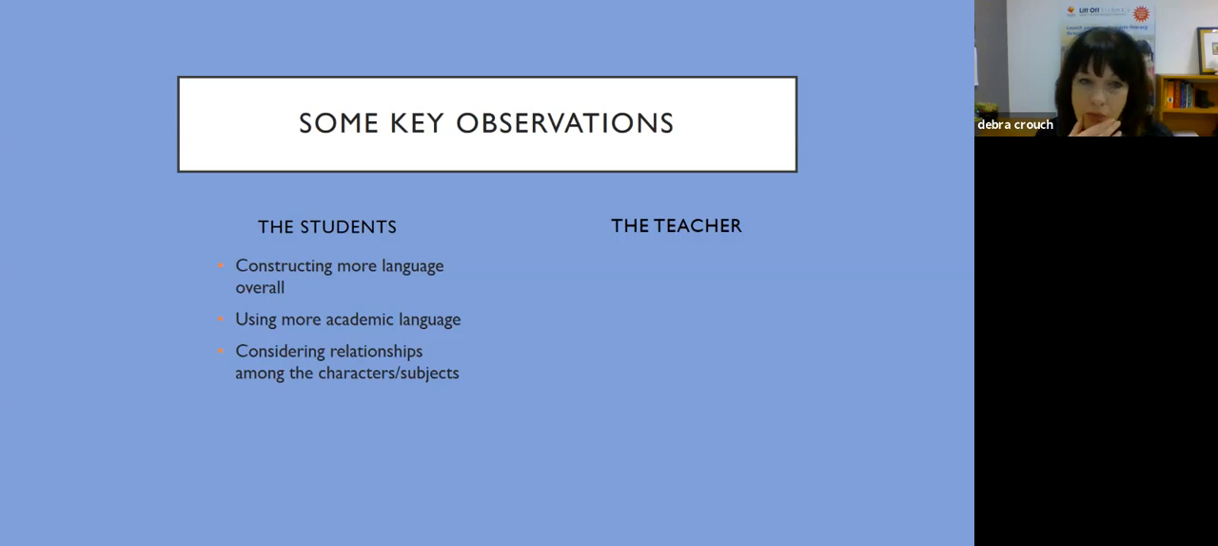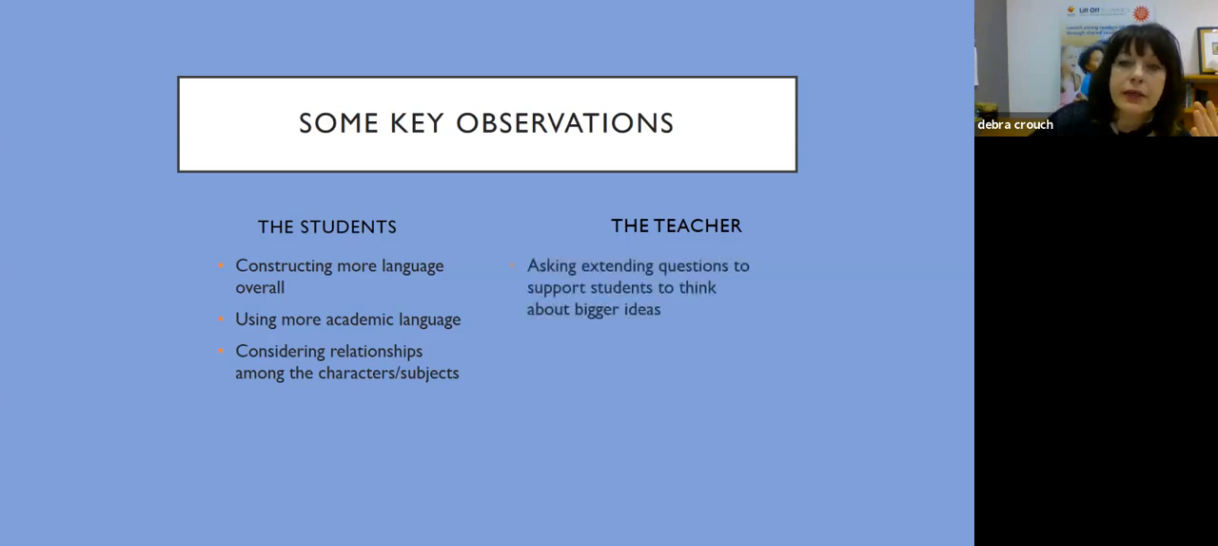And the thing, again, I'm always really interested in is noticing how the kids are really talking well about the relationships among the characters in the fiction book, but also those same subjects when they're in the nonfiction book. And so again, my work has to be about asking extending questions so that I can support them to think